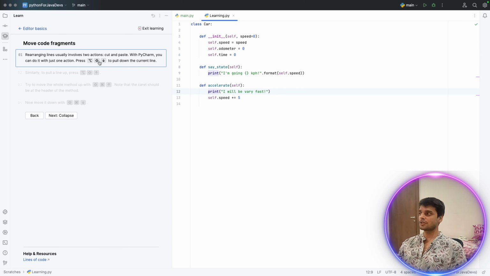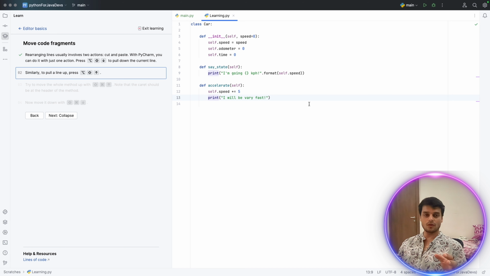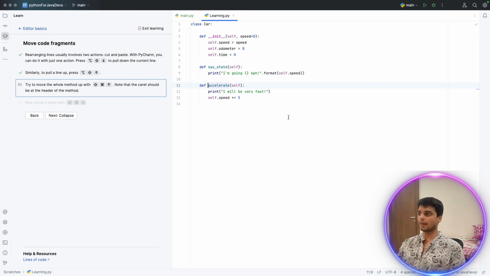So this is Option, Shift and down arrow. And now we moved the print statement below line number 12. Similarly, if we need to place line number 13 above line number 12, we can do that by pressing Shift, Alt and up arrow. Alright, now it is saying we can even move the whole method just by using Shift,